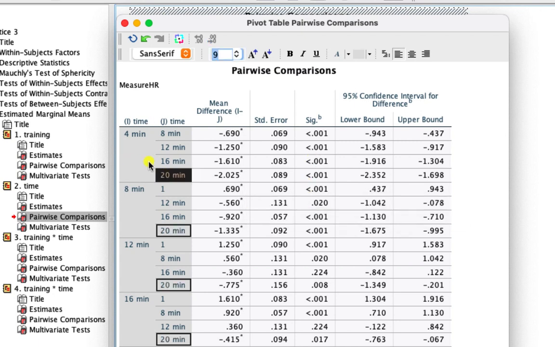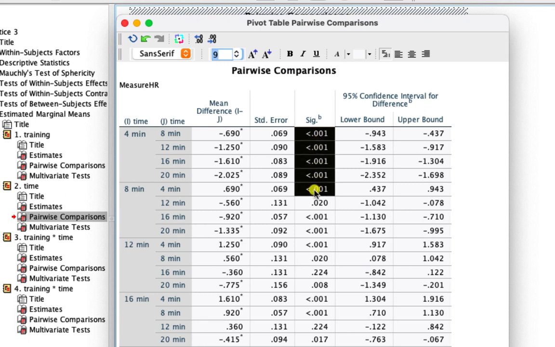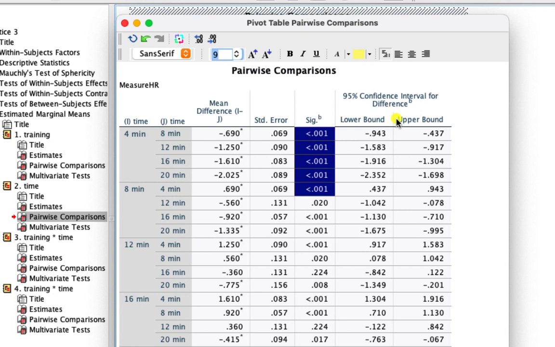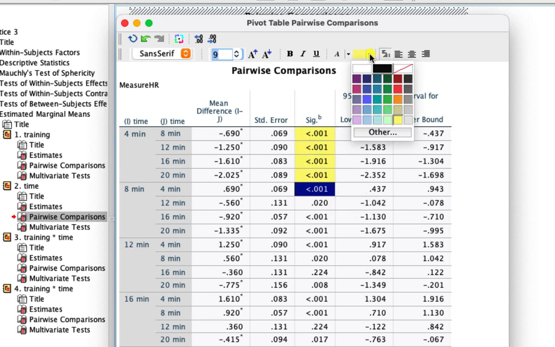So once we have our variables reset, and we can change 1 to 4 minutes, then we can look at our significant pairs. So in our comparison to 4 minutes, we have significant differences between all of the other time points and 4 minutes. So I'm going to highlight those. Okay. And I actually highlighted one that crossed over into 8 minutes, which I'm going to unhighlight